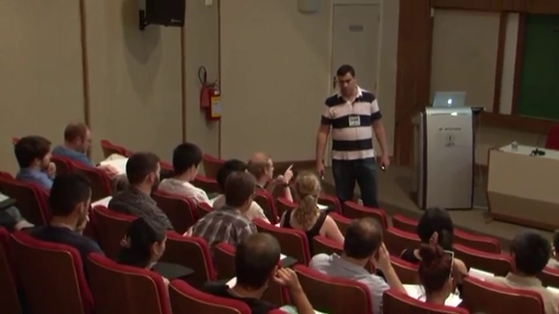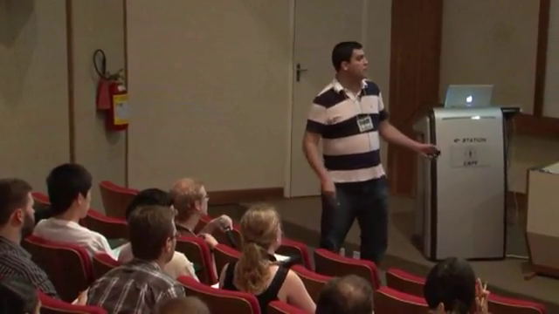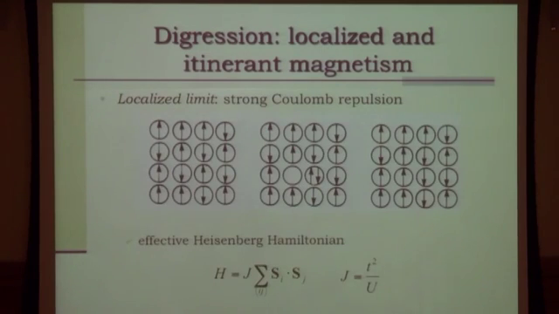So, the Heisenberg Hamiltonian here. Is this derived from the Hubbard Hamiltonian? Correct. I'm not doing all these steps, but you can look at the book, for example, Fazekas or Franklin's book. What you do is you start with this model. You assume U is very large. You construct your Hilbert space. And now you consider the hopping term as your perturbation, using second order perturbation theory. And then you find that exactly at half filling you go to this Hamiltonian, where this J is just T squared over U.